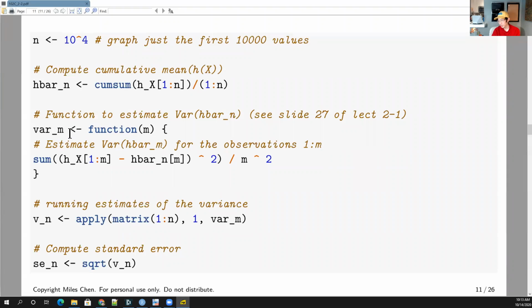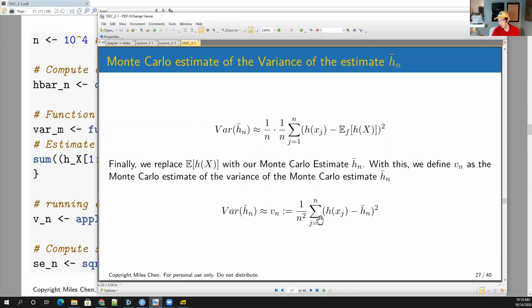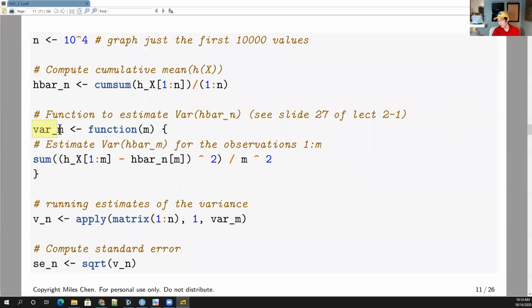So I created a function. I called it variance underscore m, but I guess I could have plugged in j here. Basically, it's just going to take the h of x values, which is what we've got here, and then we're going to subtract off the mean, the h bar sub n, up to that current value m. Then we're going to square that and divide by whatever m squared it is. So I'm just programming this function as kind of a running variance. And then in order to compute this for all of the values,